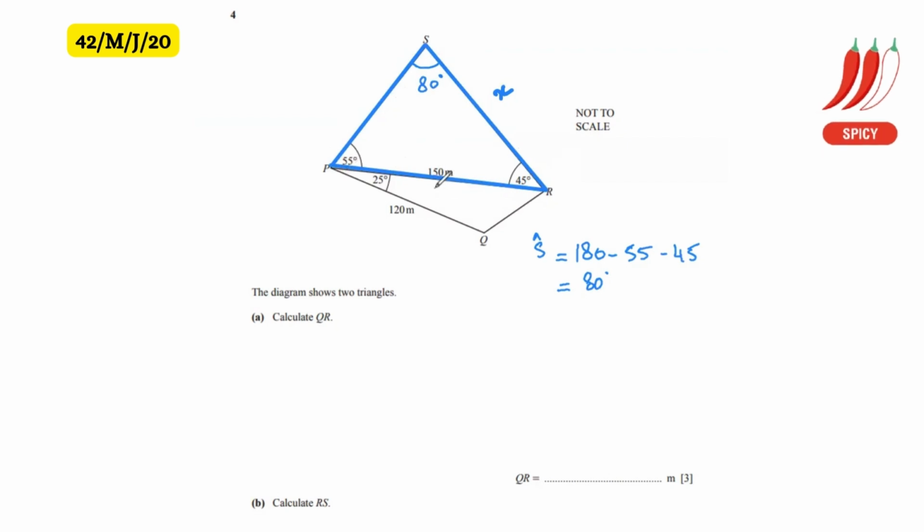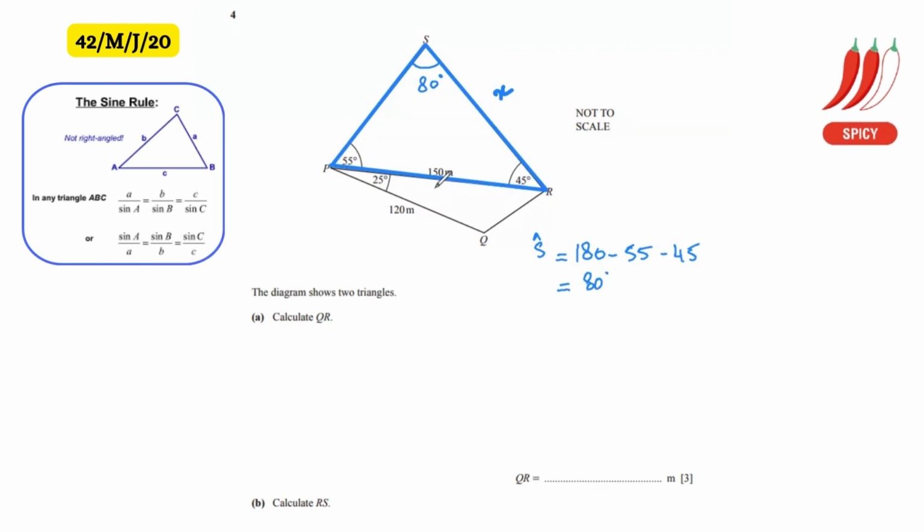So what does that remind us of? That reminds us of the sine rule. Sine rule is applicable when you have one complete set of angle and length. When I say the phrase one complete set of angle and length, what I mean is an angle and its opposite length. So this one complete set means that we can use the sine rule. Because if we notice, we have the other two angles and they're asking for the length of one of those angles. So if you remember, sine rule says